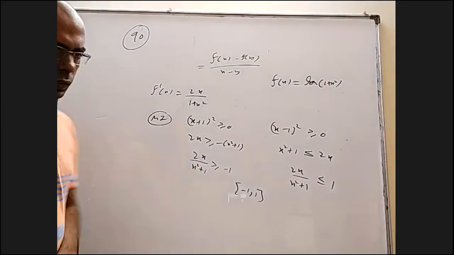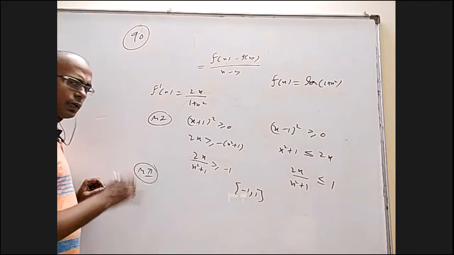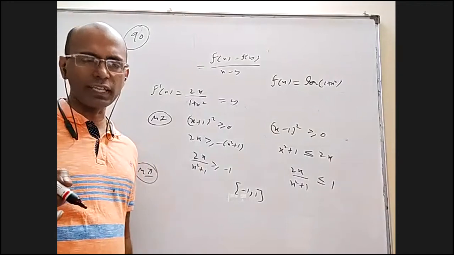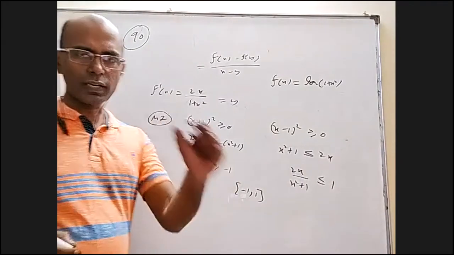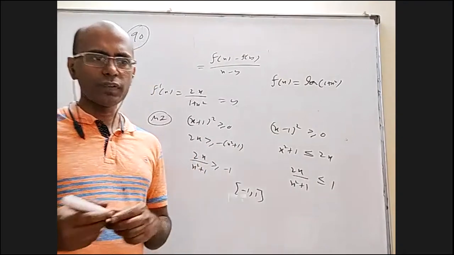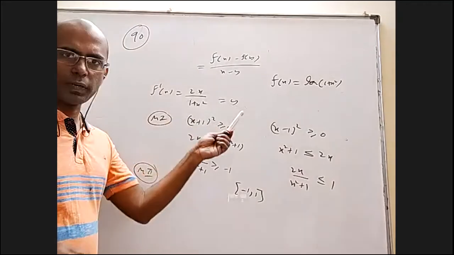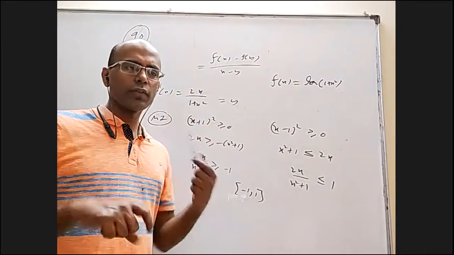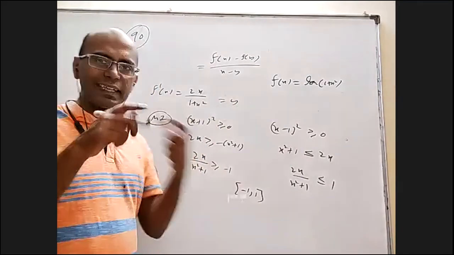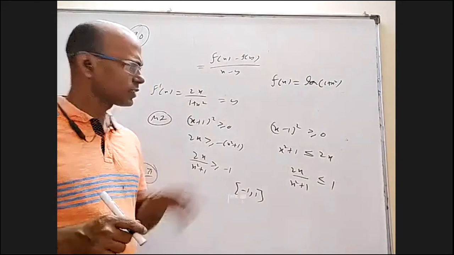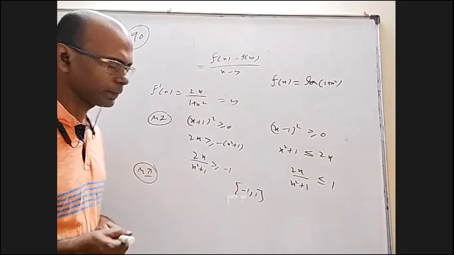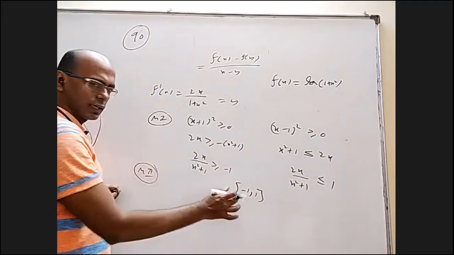Method 2: how will you find the range of anything? You take it equal to y. Whenever you have a quadratic by quadratic, linear by quadratic, or quadratic by linear rational function, how will you find the range? Equate to y, cross multiply, and get a quadratic equation in terms of x. Real solutions should exist, so b square minus 4ac is greater than or equal to 0. You do that, you will get an inequality containing y, and you will get the range. These are very important questions in the quadratic equations chapter; remember the last but one exercise.